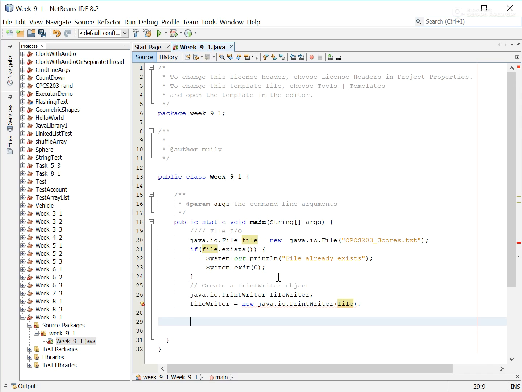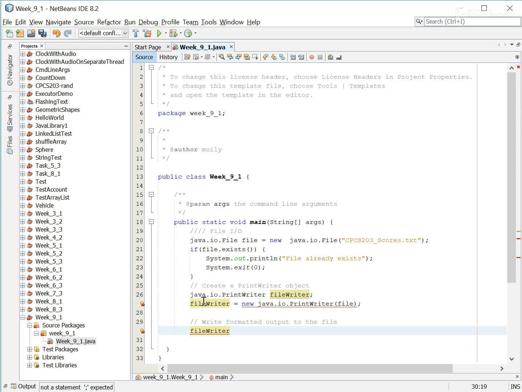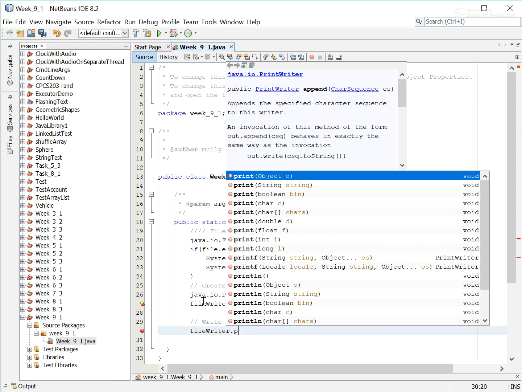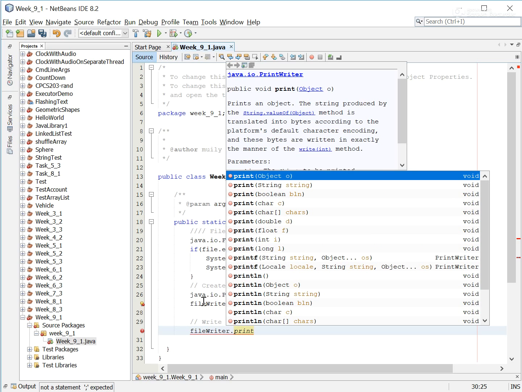Now we're basically ready to write data to the file. So I'm going to write some formatted output to the file. And what's that going to look like? I'm going to use the file writer object that I just created for that. So I'm going to use fileWriter.print,